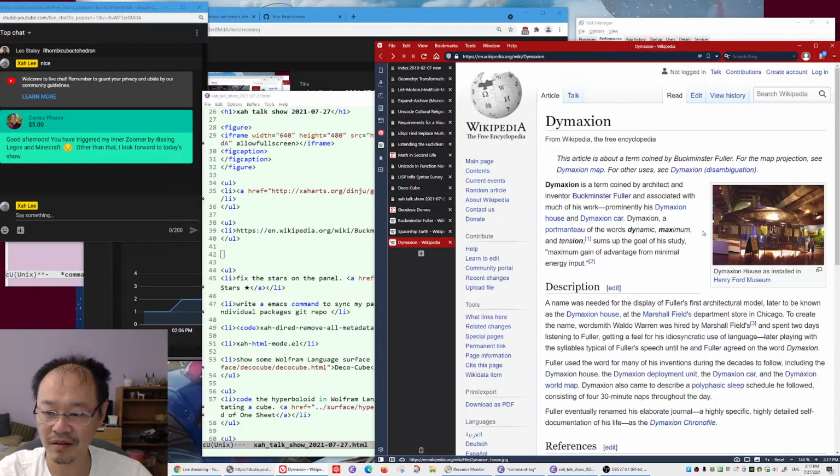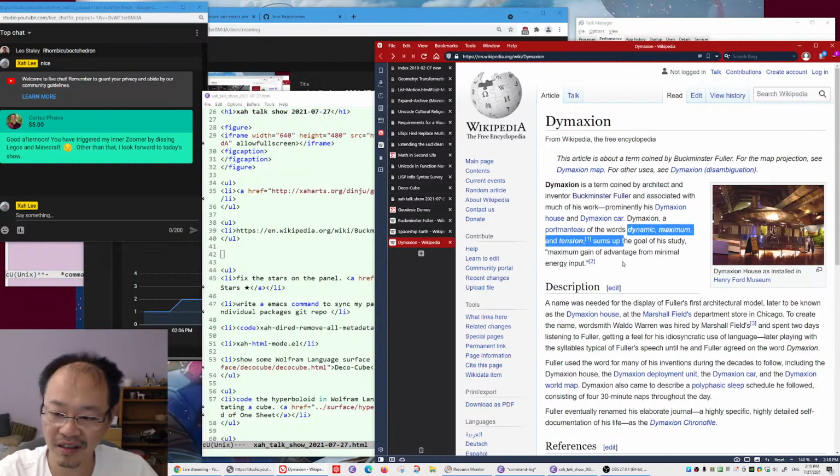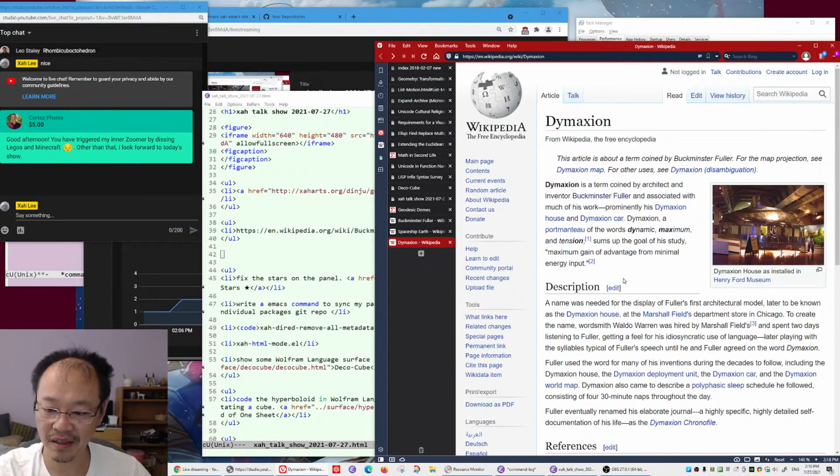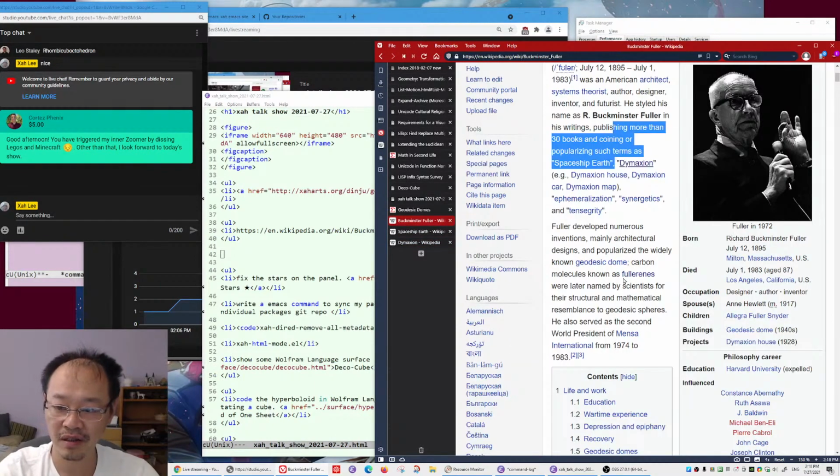So it's basically, essentially, okay. It stands for a portmanteau of dynamic, maximum, and tension. He's into this crap. That's not mathematics. Okay, if you don't know, you might think, oh, he's a mathematician. No, he's not a mathematician. So he invented the Dymaxion map,